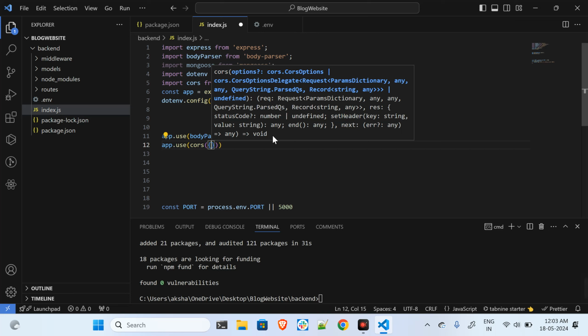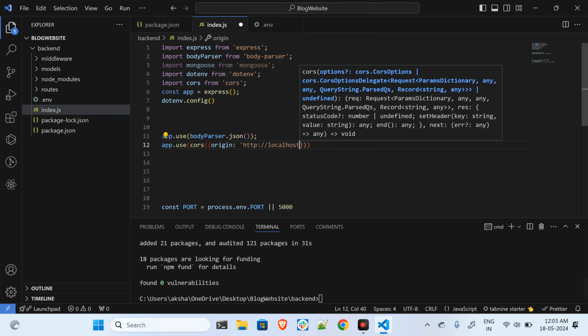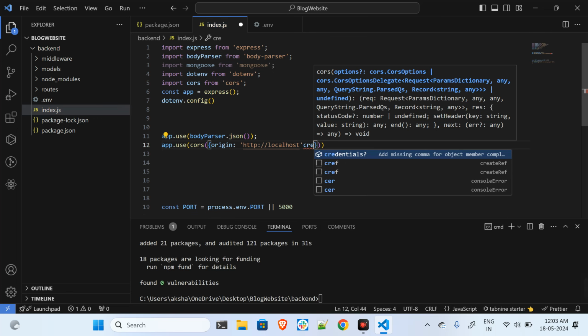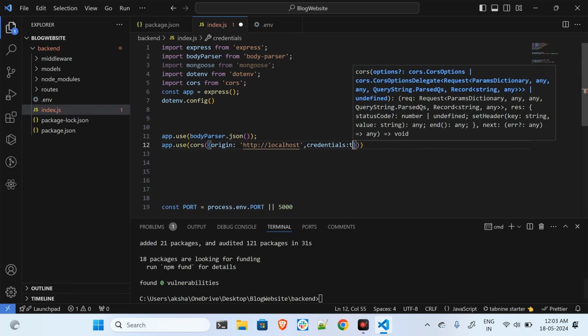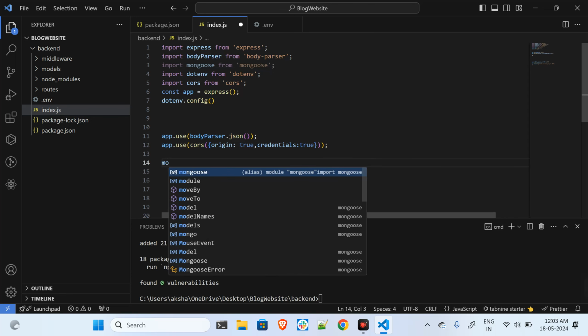For that purpose, we make use of cors, and I will give origin, and we can define the localhost of the front end over here, and credentials true. Whatever is localhost at the front end, like localhost 3000 or whatever that is, we can define it over here. Or if we are not sure what will be the port on which our front end will be running, then we can just directly give the value as true over here. That would work fine. And give the semicolon,